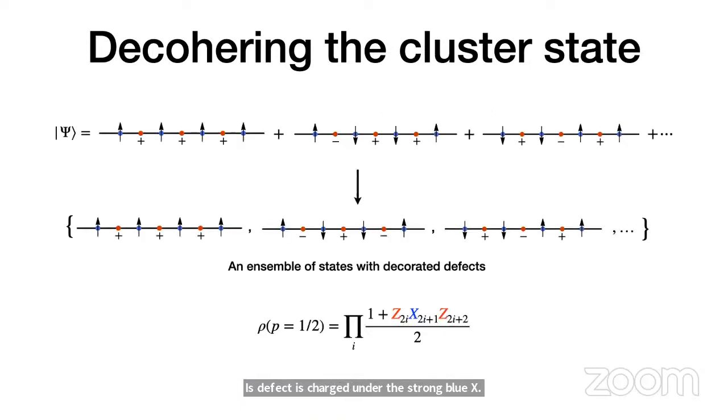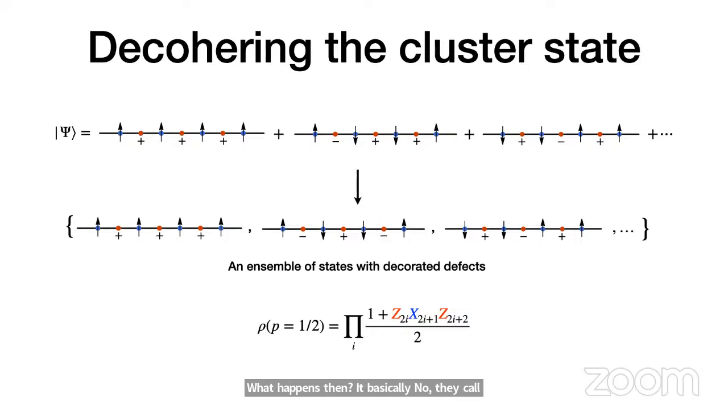All right. So it's also kind of instructive to think about it in terms of this wave function picture. So you start from an equal-weight superposition of domain wall states. That's a ground state. That's a wave function of the cluster state. And now we turn on this channel, and let's go to this maximal strength p equals 1/2. What happens is that it basically